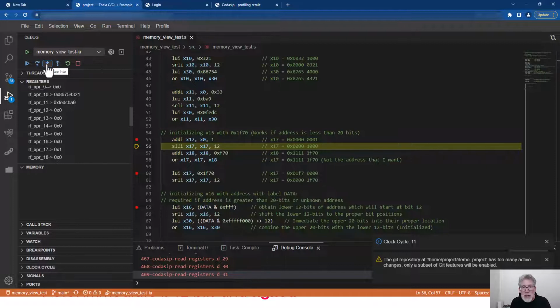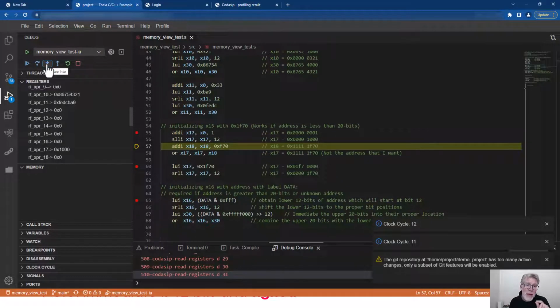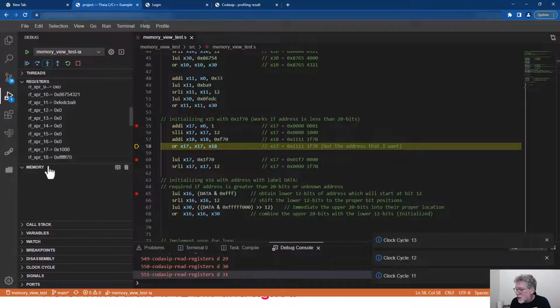So my lower 12 bits are going to be F70. Now, if I use the add immediate, and since the add immediate is a signed operation and the 12th bit of F70 is a 1, you can see my register 18 here, then instead of F70, I have all my